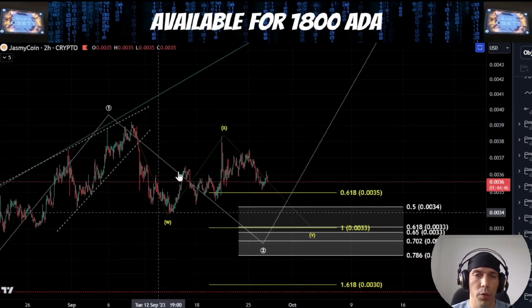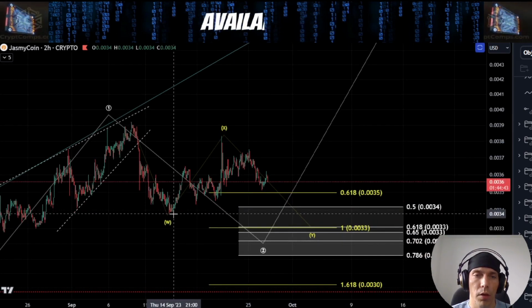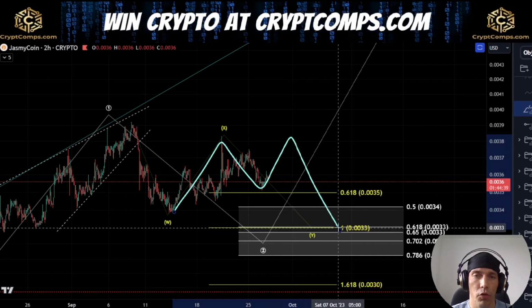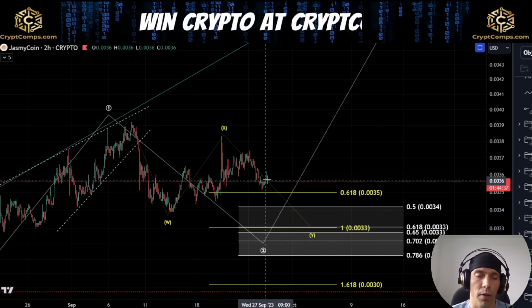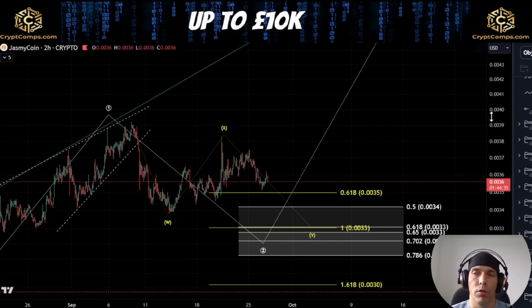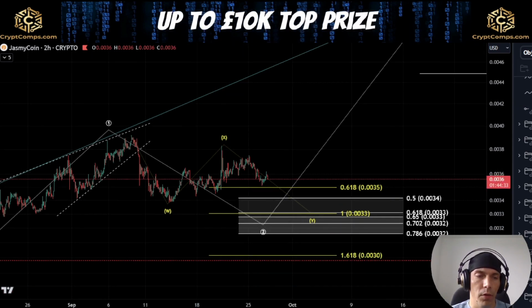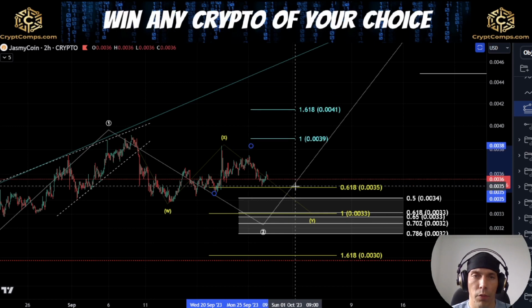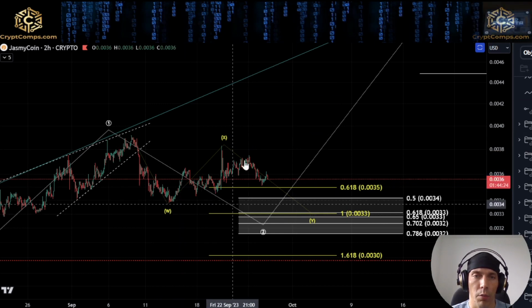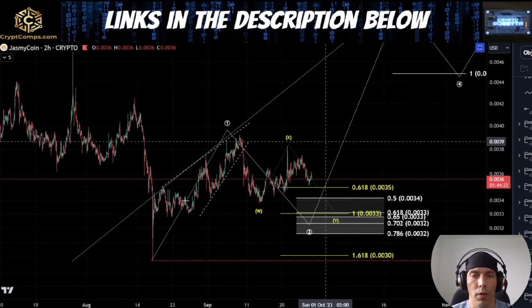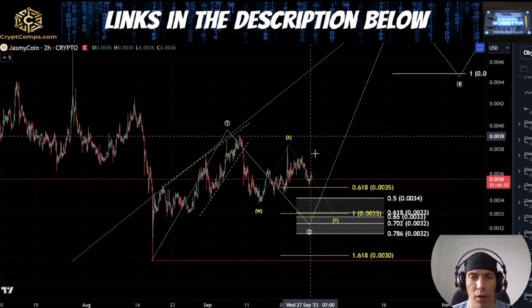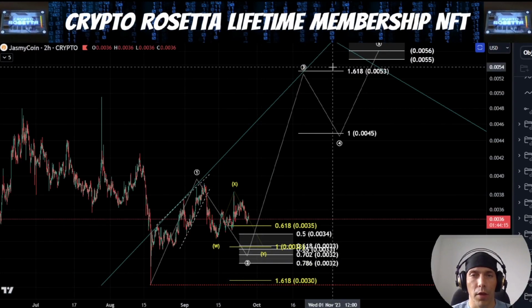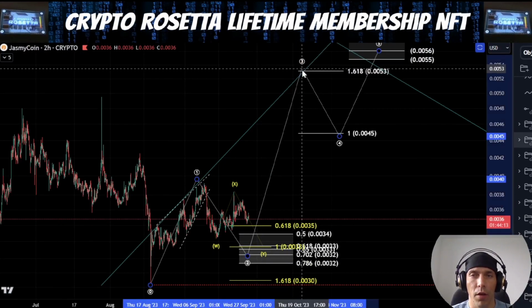So it's possible that this X wave could also be incomplete, where this is just A, B, and we see one more push to the upside before this push to the downside. Going to be keeping an eye on that as well. But if we do start to rally from this point, we'd have to see a much higher move here towards this level of this 0041 before we could start talking about some impulsive structure here. At the moment, I do think it's more likely that we're going to see a little bit more downside here if this is the bullish case playing out before seeing this third wave to the upside here, looking for this